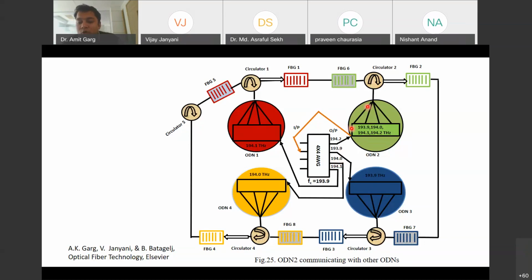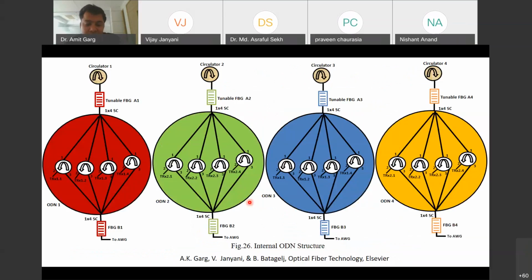When it is at 194.0, it will be received by ODN 4 and so on. Okay, so this is how the inter-ONU communication, inter-ODN communication is taking place. And this is the internal structure of the optical distribution network.